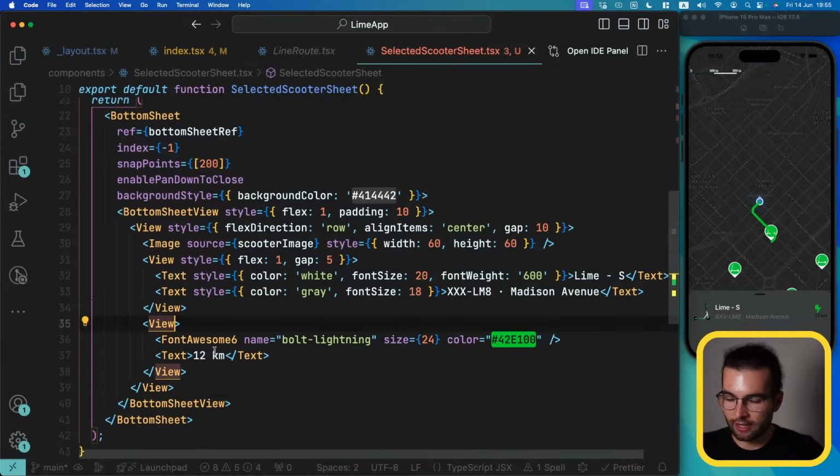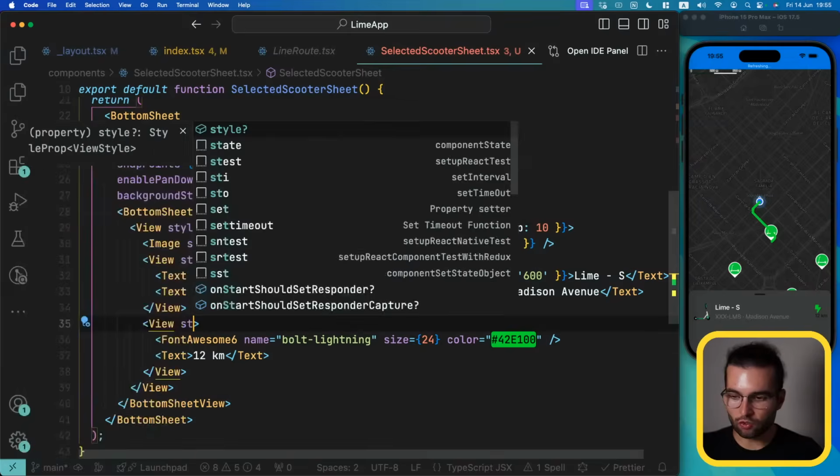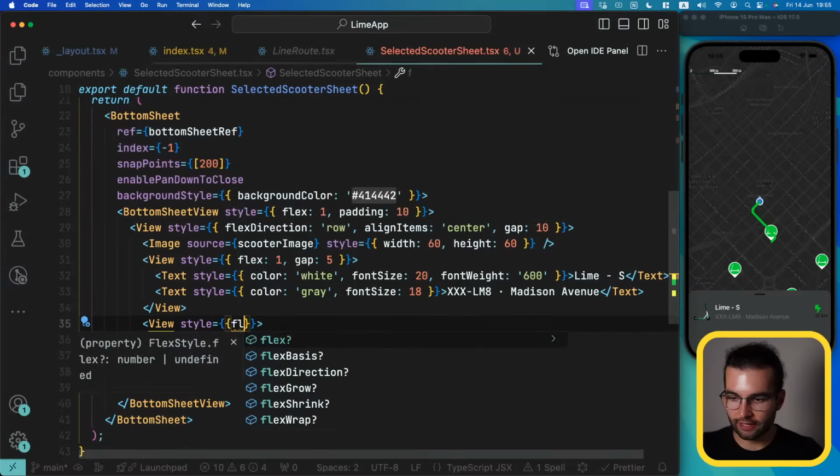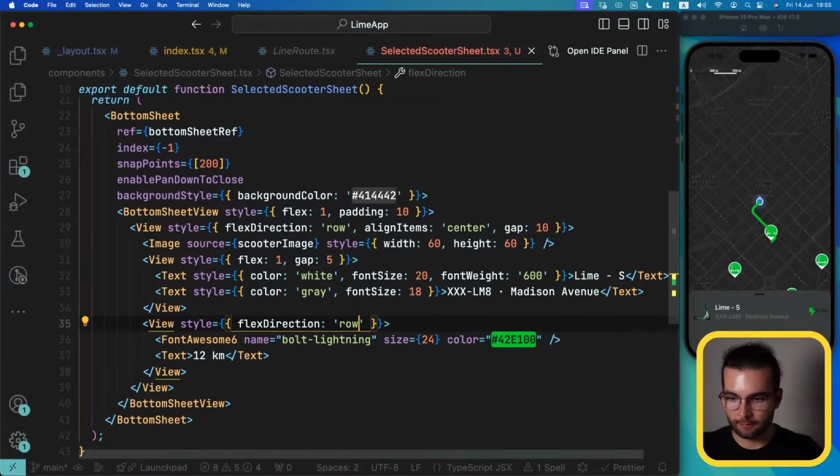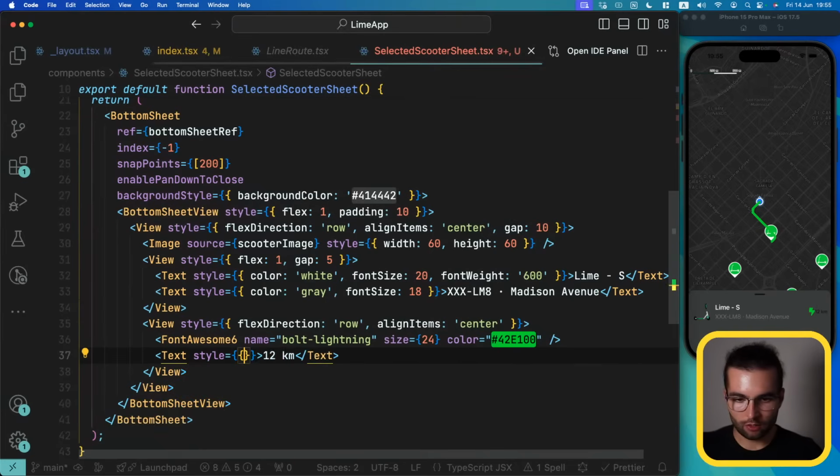And let's put them in the same row. So style, flex direction row, and align items center. And for the text, we're gonna do color white,